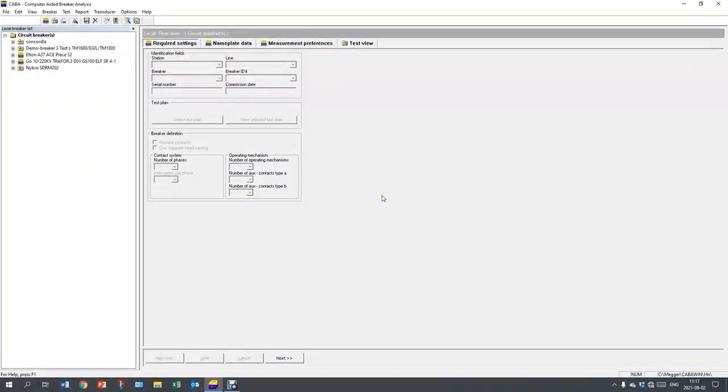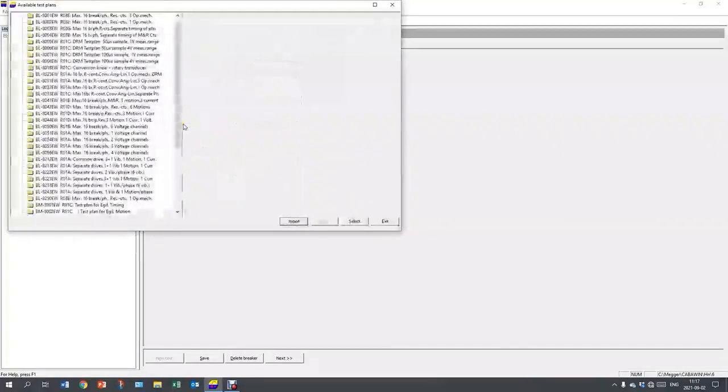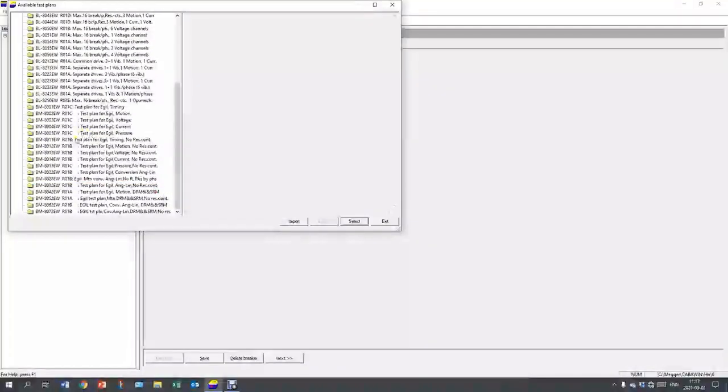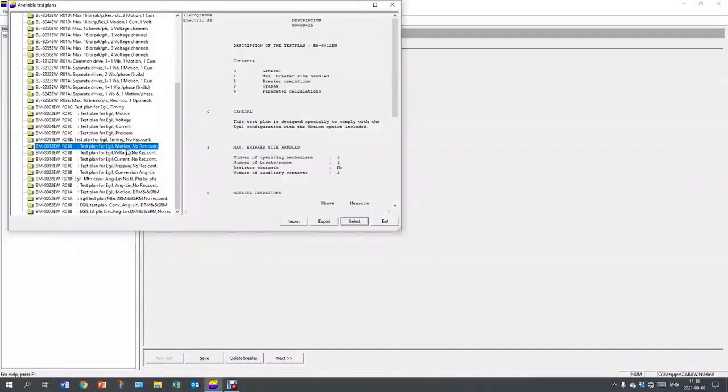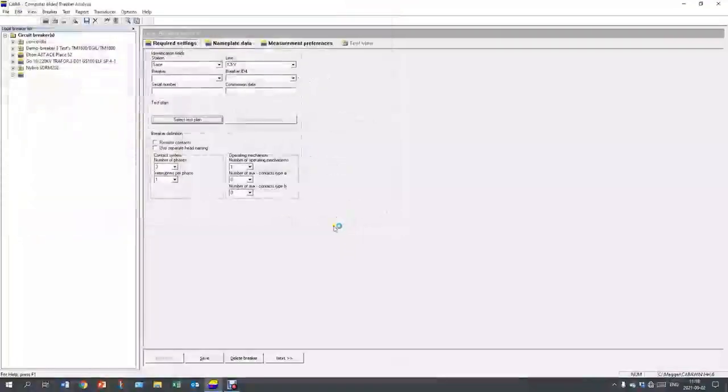And I've connected the Eagle with my PC. I start with creating a new object, a new breaker, and I give it a name. I select the test plan, and I need an Eagle test plan, and I want to use one with motion and no resistor contact. So I select BM8012 EV. I continue